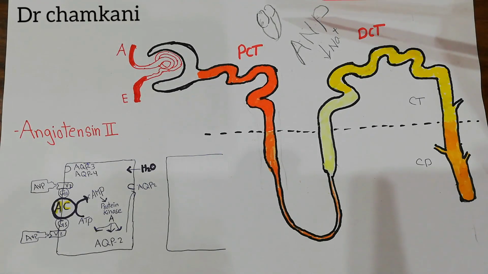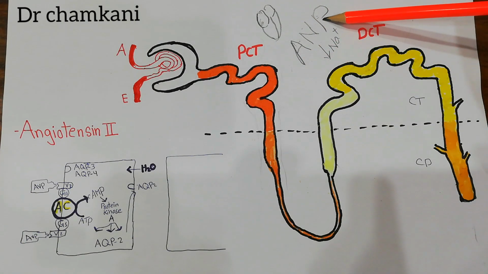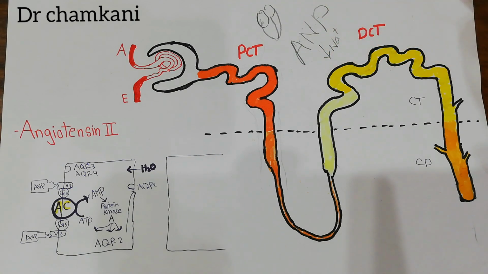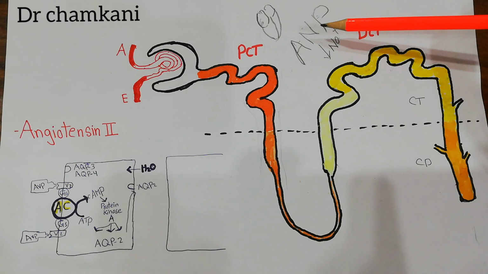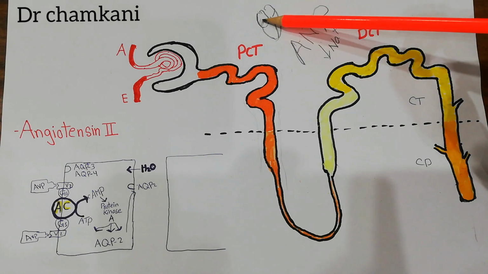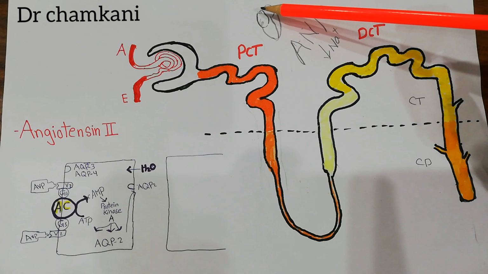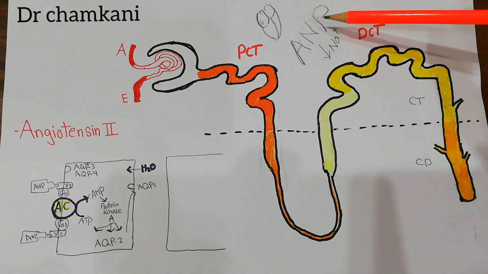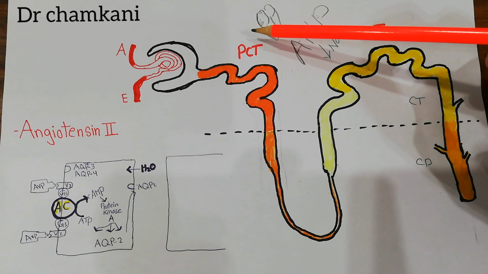Today in this lecture we will talk about the role of atrial natriuretic peptide, or ANP, in the reabsorption of sodium and water, formation of urine, and its role in fluid balance. So atrial natriuretic peptide, as the name indicates, is secreted from the atria, especially the right atrium. Some specific cells in the right atrium will secrete ANP whenever the atrium is stretched more than